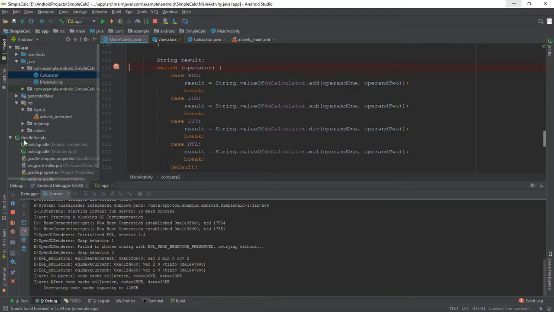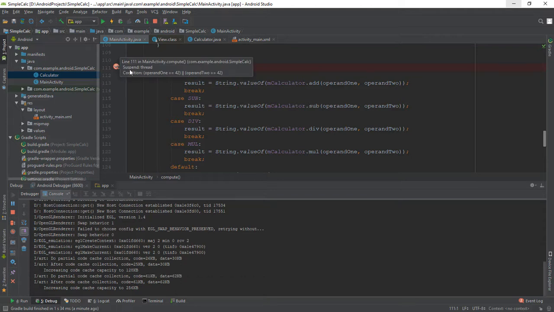Click Done. The second breakpoint is a conditional breakpoint. The execution of the app will only stop at this breakpoint if the test in the condition is true. In this case, the expression is only true if one or the other operand we entered is 42.